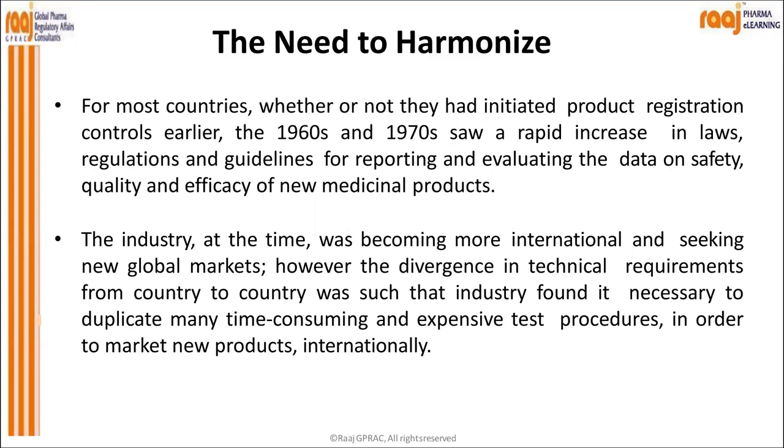Everybody wanted to export their product internationally. Consider India: companies like Cipla, Sun Pharma, IPCA, or any other of the top 10 companies would like to enter or export their products to US FDA, Europe, Canada, and the rest of the world. That's how there was a need for harmonization, because whenever you want to register your product as per country specific requirements, you have to follow their country specific rules and regulations, and the product specific specifications,